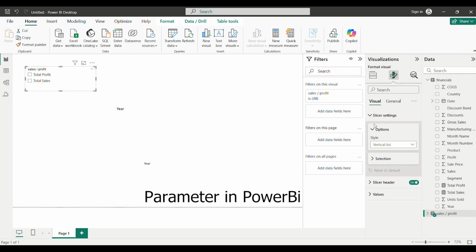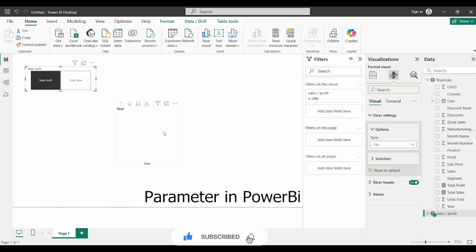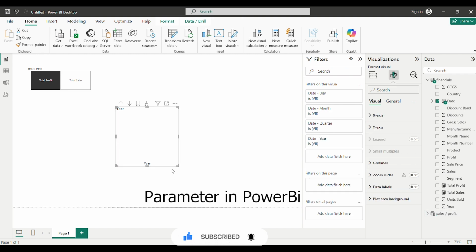We'll change this filter to tile. That would be a good option for the user to select. And from the selection, we will have only one select option enabled. So either profit will be enabled or sales will be enabled. Then in our chart, we will put